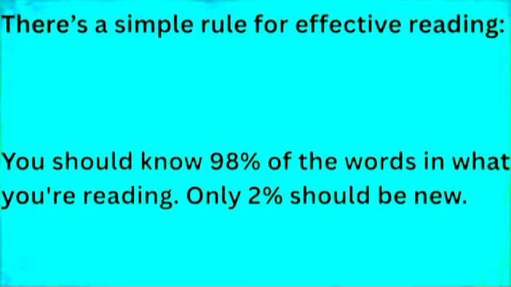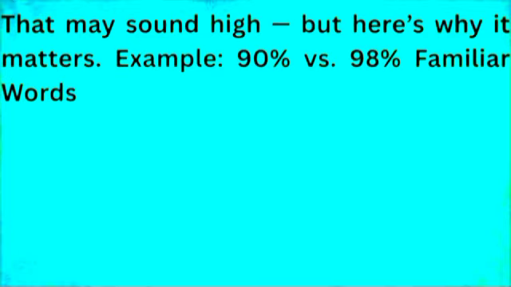There's a simple rule for effective reading. You should know 98% of the words in what you're reading. Only 2% should be new. That may sound high, but here's why it matters. Example: